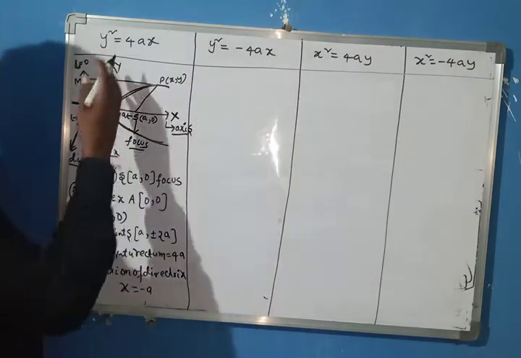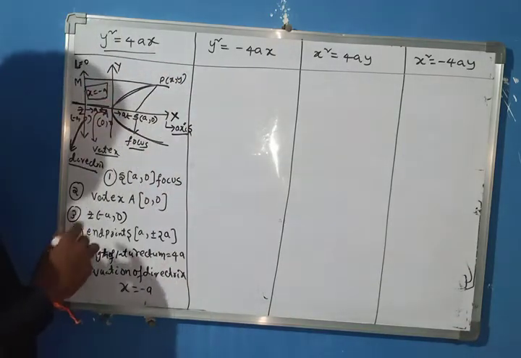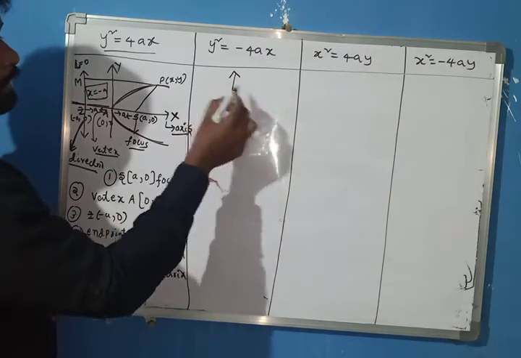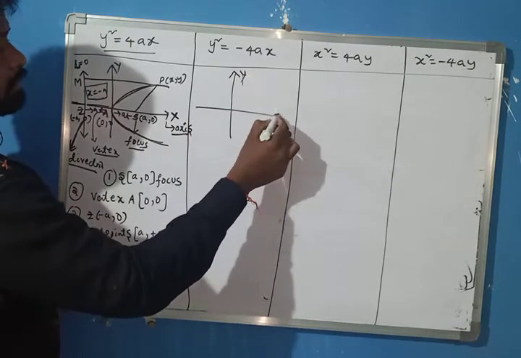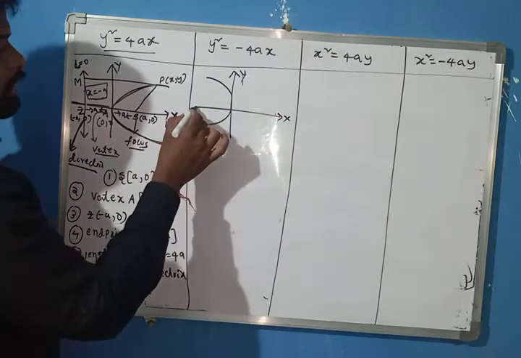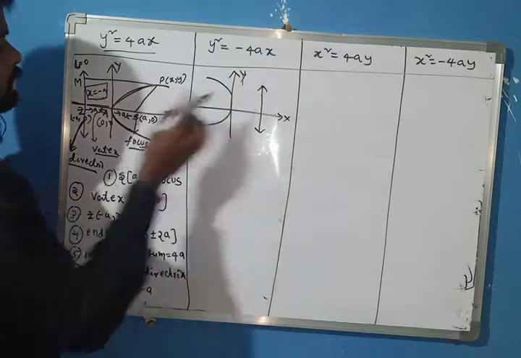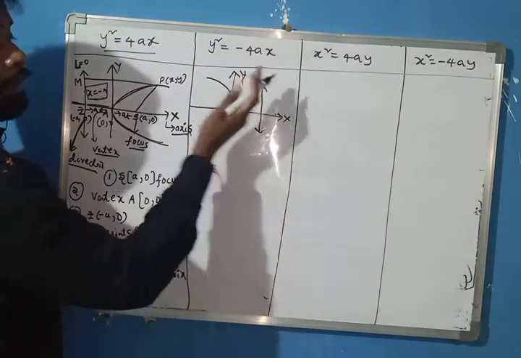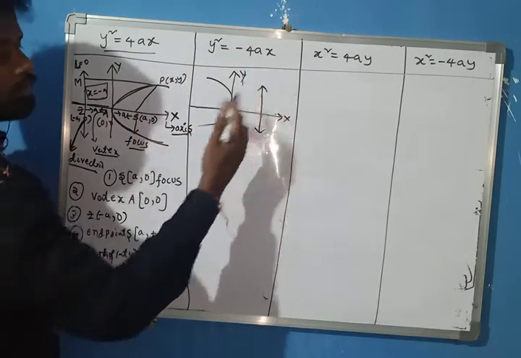Here also the same. Understand? The curve y square equal to 4ax is parallel to the x-axis on the positive side. Now the same curve, parallel to the x-axis, but on the negative side of the x-axis. This is y, this is x. The curve has changed place. In the first diagram the directrix is on the left side. In the second diagram the curve is on the negative side of the x-axis, which means the directrix is on the positive side of the x-axis.